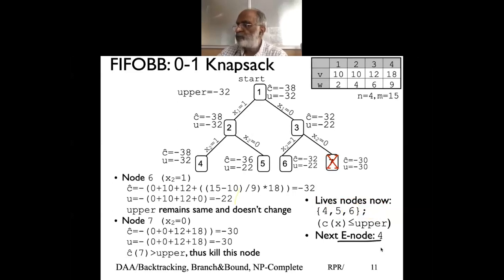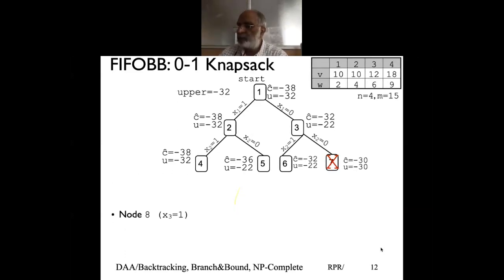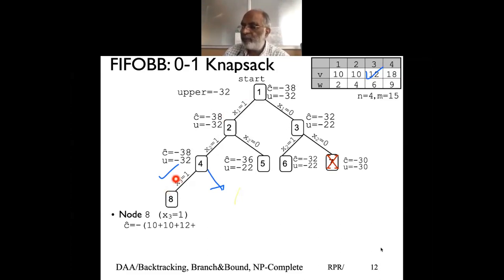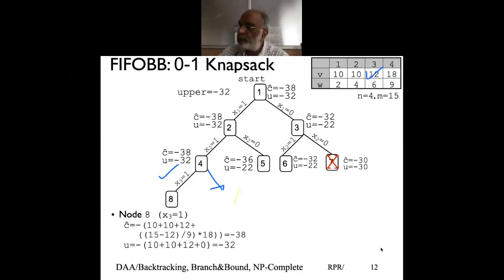Next node is E4, that's what we'll pick up and continue. So again, if I follow the left side, one is I take the third item, including the third item, or I exclude the third item, which is this side. When I include the third item, if you traverse left, my value doesn't change. So you'll see C hat and U hat both will remain minus 38 and minus 32. But when I exclude the third item,